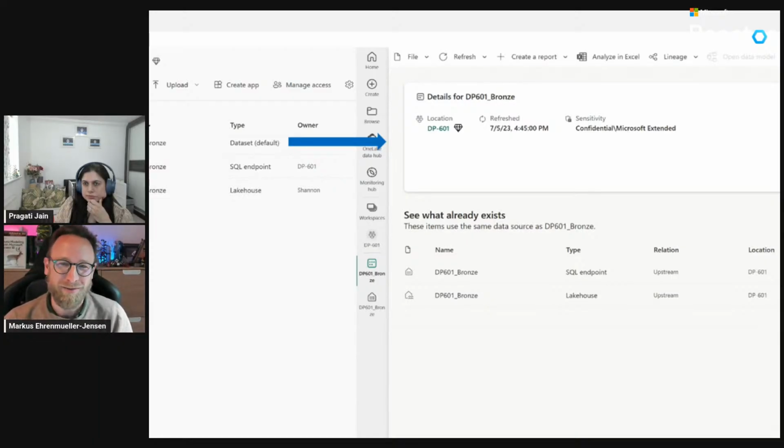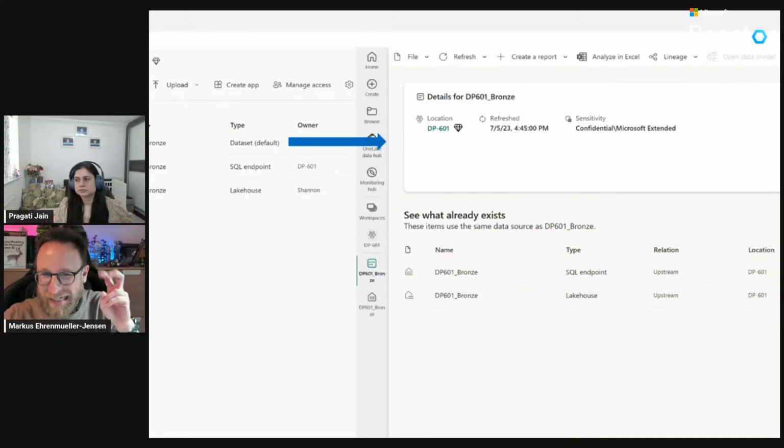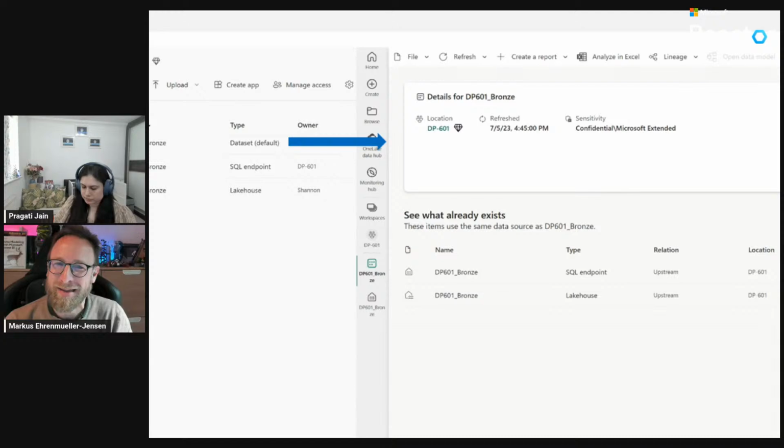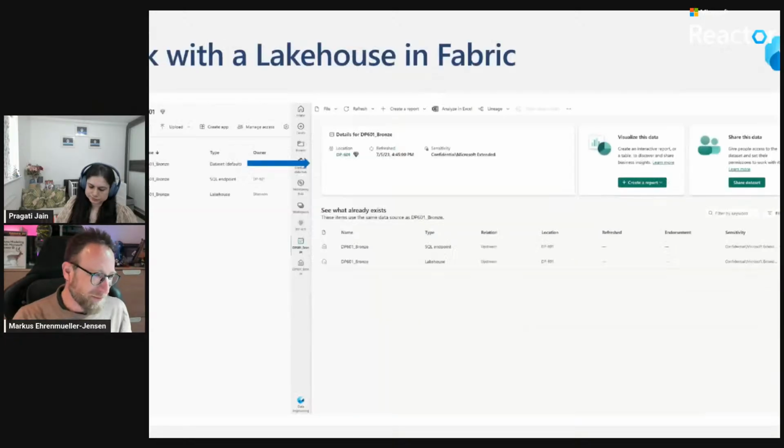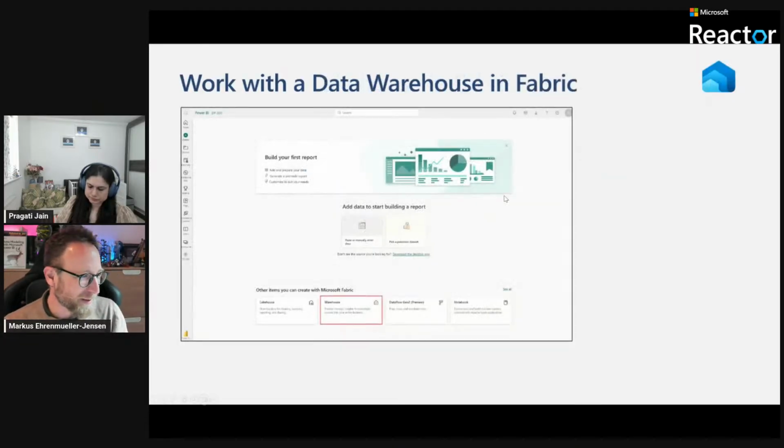But what Power BI and Microsoft are really, really good at is integrating things. So they found a way to read the content of your lakehouse, which is stored in tables in the lakehouse, and technically this is a Delta Parquet file. They can just read it as if it were imported. So no data is moved, it's still there in the lakehouse, but we can directly read it. And the performance will be somewhere between import mode and DirectQuery mode, which is a cool thing, if you ask me. Yeah, then we also have warehouses.